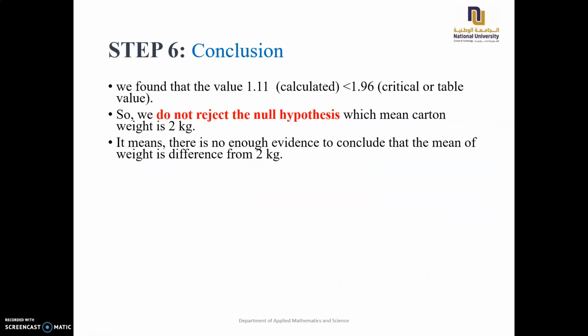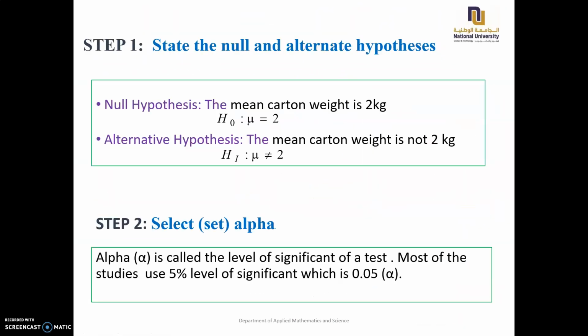I'll just show you. When you reject this, it means you are accepting the alternative hypothesis. So it means you have enough evidence to claim that the mean lifetime is different from 40,000 miles. Okay, so that is